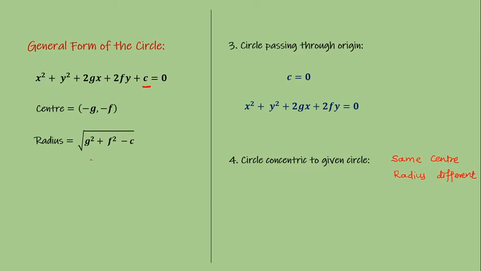Now, if the radius is different but the center is same, then the value of the constant here should be different. What should I write for the equation then? As the center is minus g, minus f only, the first four terms x square plus y square plus 2gx plus 2fy are the same, but the constant is different. Instead of c, I am considering k. How can I get k? That is a different part that we can understand with the help of problems only. But this is the equation of the circle: when two circles are concentric, they have all terms the same except the constant.